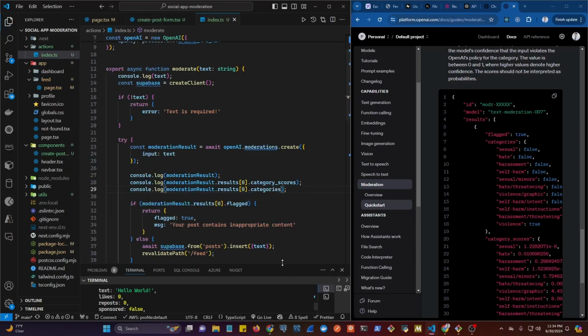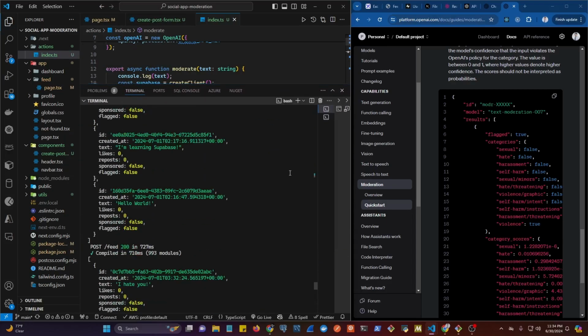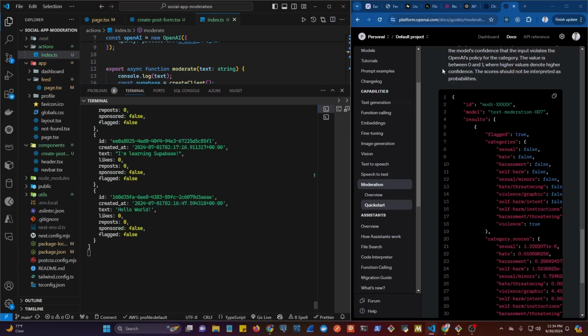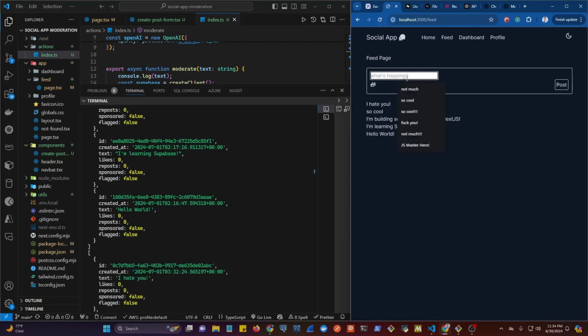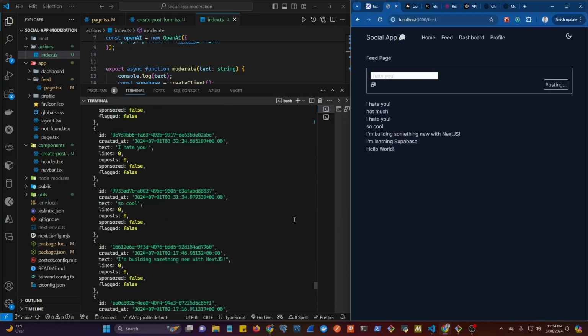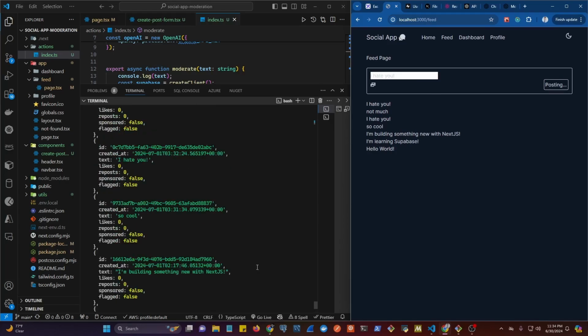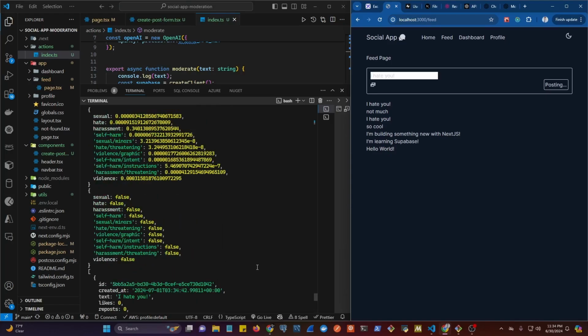As well. So based on the text, the model, based on the context, the result could be that it will be flagged or not, based on what you type. So try not to be too mean. Not much is gonna be okay. This one passed, so let's try to refresh and say this again, and then hit post, and it's still passing, right? But we look in here, where's my console logs? We have